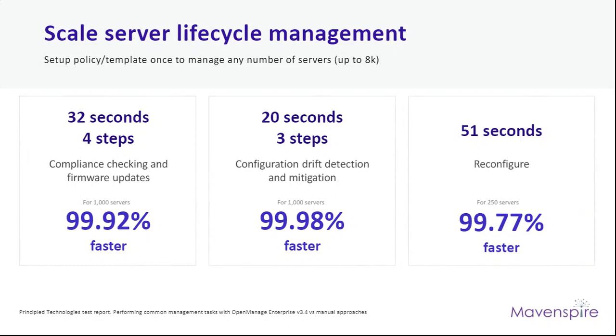Typical life cycle, you're about 100% faster in your deployment. So 32 seconds or 4 steps for checking for firmware and compliance, 20 seconds or 3 steps for drift detection, or 51 seconds to reconfigure in the event. And that's for 1,000 servers to check firmware, 1,000 servers for drift detection, and about 51 seconds to reconfigure for